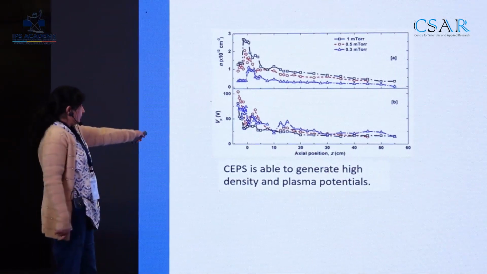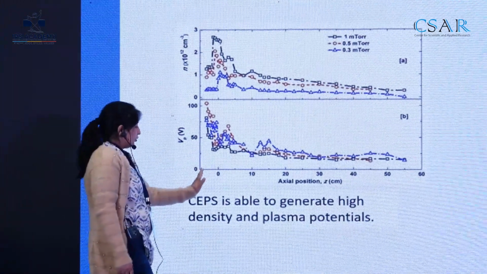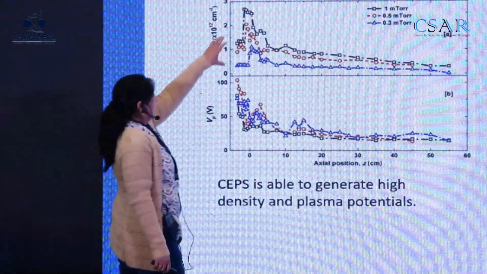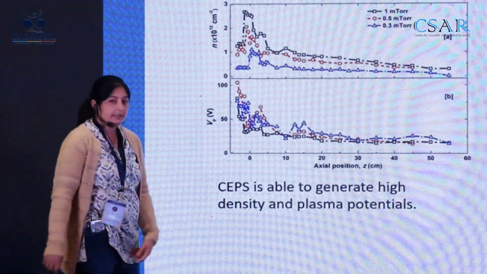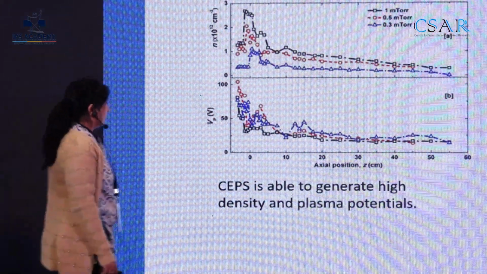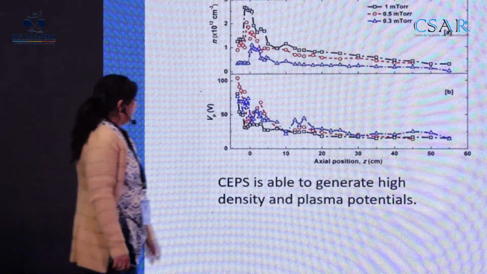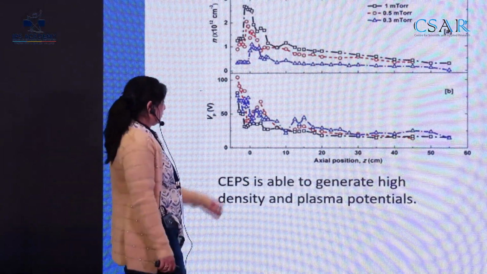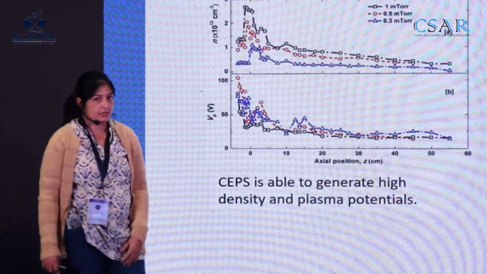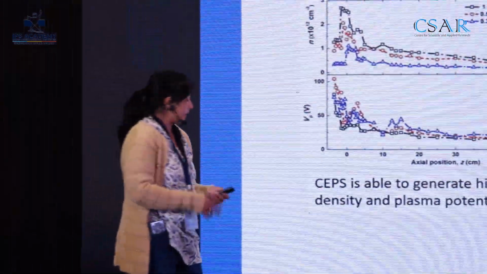So these are the Langmuir probe measurement results. Actually, we can see before 0, this is the source region. Afterward, this is all in the expansion chamber. So we can see we are developing good high density within the source, and then it is falling away as we move away from the source. And this density comes with a good plasma potential profile. Here we can see that this high plasma potential is dropping to some moderate values within a few millimeters. So we can expect some ion acceleration from the source side to the expansion chamber side.